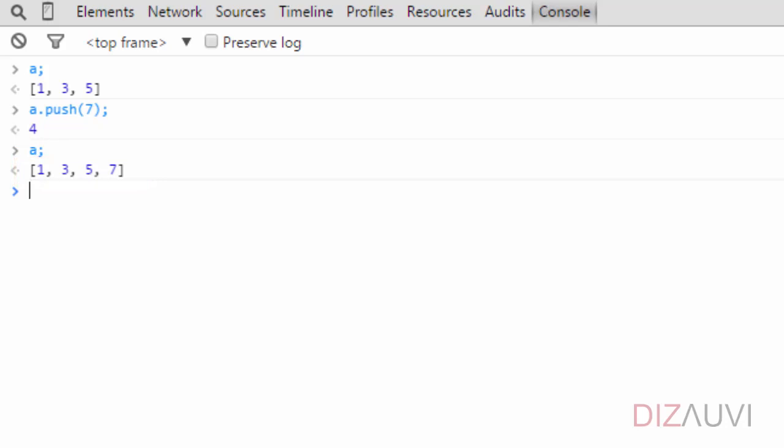Similar to the push method, we have the unshift method, which can add an element at the start of the array. So let's unshift 9 to this array A. And if we print this array, you can see that 9 is added at the start of the array.